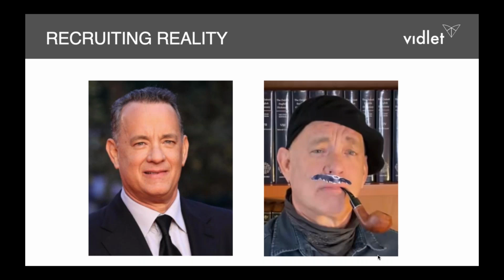And I can tell you that if we send out a screener, we kick out 90% of the people that come in, because we see over and over again that they show up as people that they are really not. They show up with different emails. They show up, like Tom Hanks here, with a mustache and sunglasses just to sneak into a study.